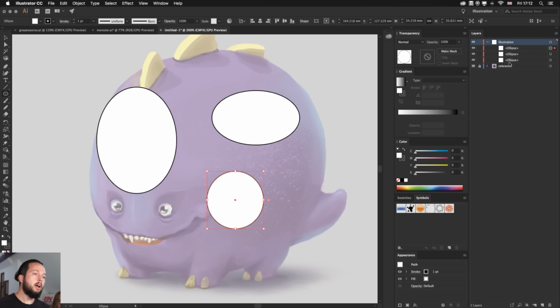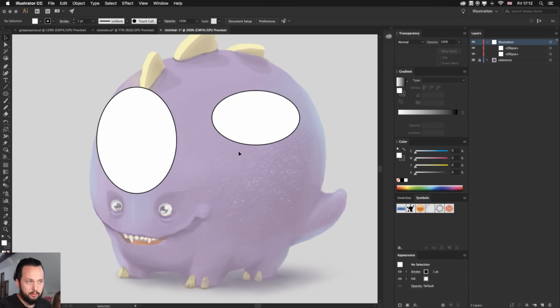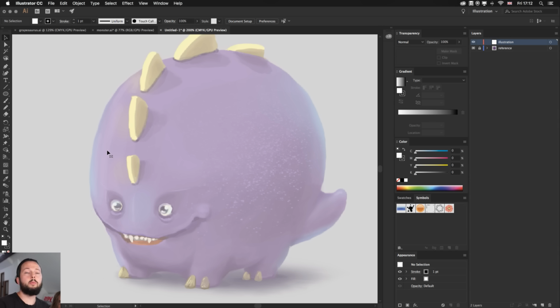So what we need here, first of all, is to start with probably the biggest shape. And there's a reason why I created this monster in a way that it almost looks like a big ball, because whenever you use round shapes, they can be more relatable.